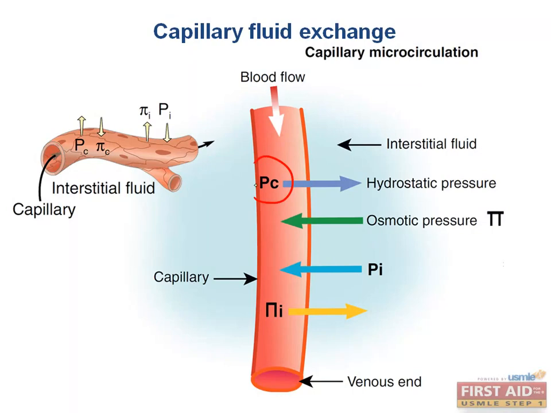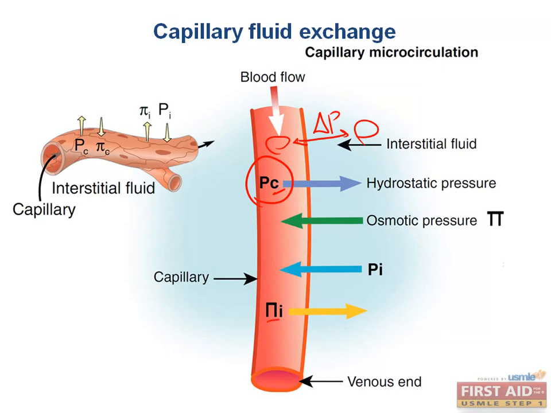First, PC means the hydrostatic pressure in the capillary, and that is the actual difference in fluid pressure between the capillary lumen and the interstitium. So this is a difference in pressure. Fluid will always move from areas of high to low pressure. Hydrostatic pressure is always denoted by P, and in this situation the PC represents the intracapillary, hence the C, pressure,